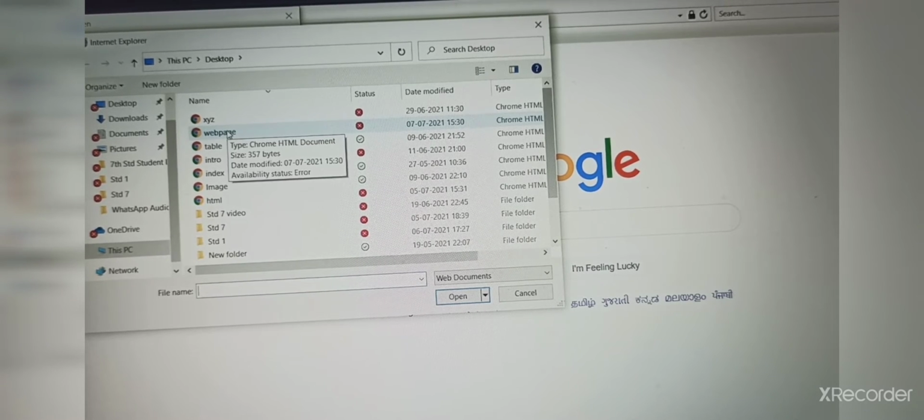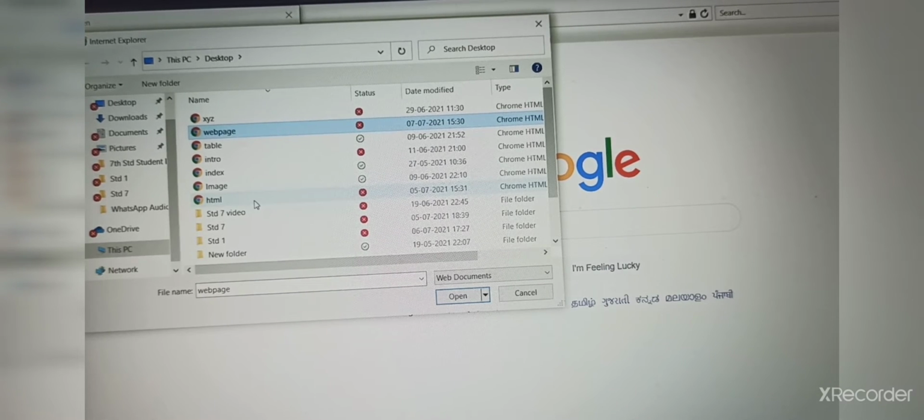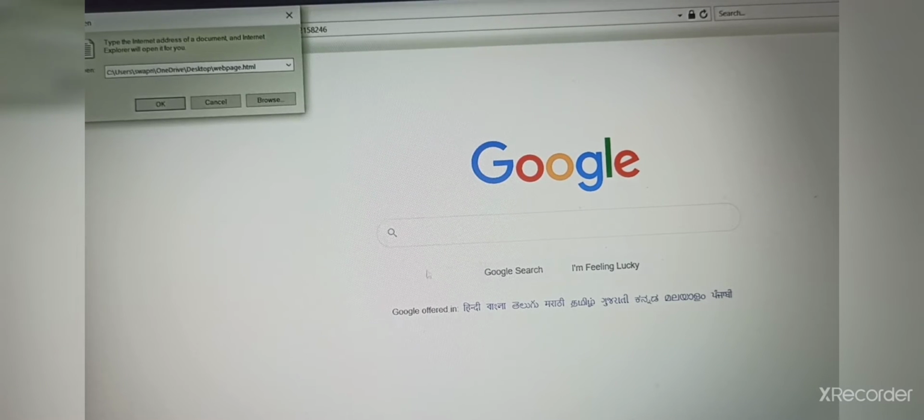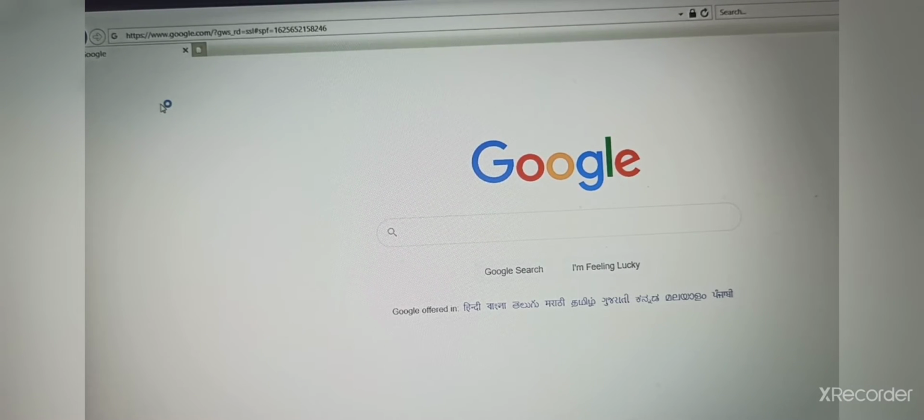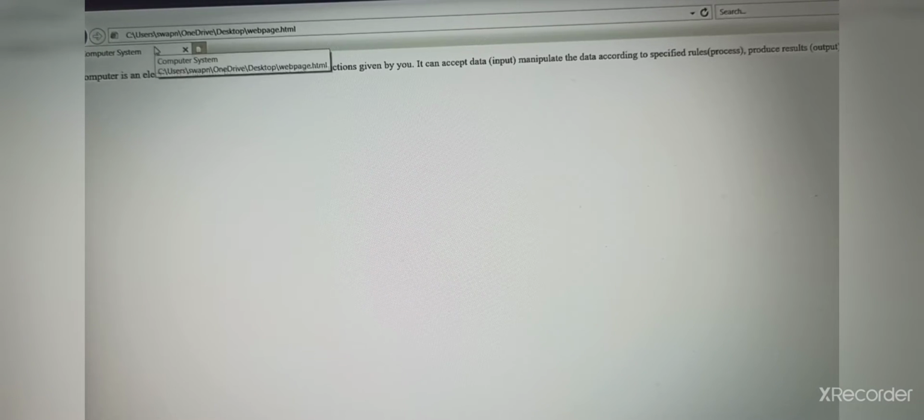Now we saved our notepad as a web page. Click on the web page and then click on Open. When you click on Open, then again click on OK in the open dialog box. You can see that in our Google web page, our path will be given where this web page is stored, and here you can see the computer system that we have written in the title tag.